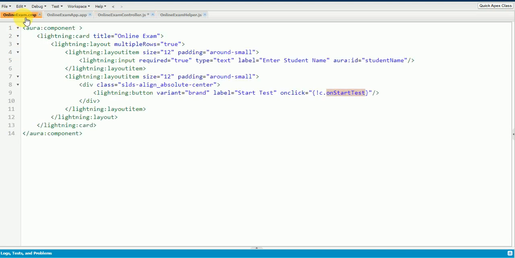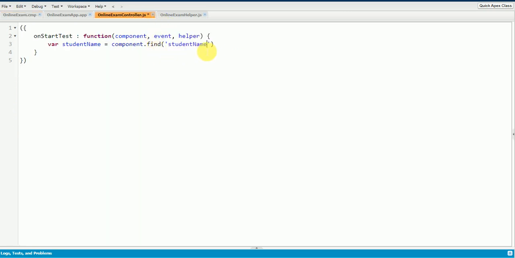The Aura ID here is studentName, dot get("v.value"). And I'll alert this student name.